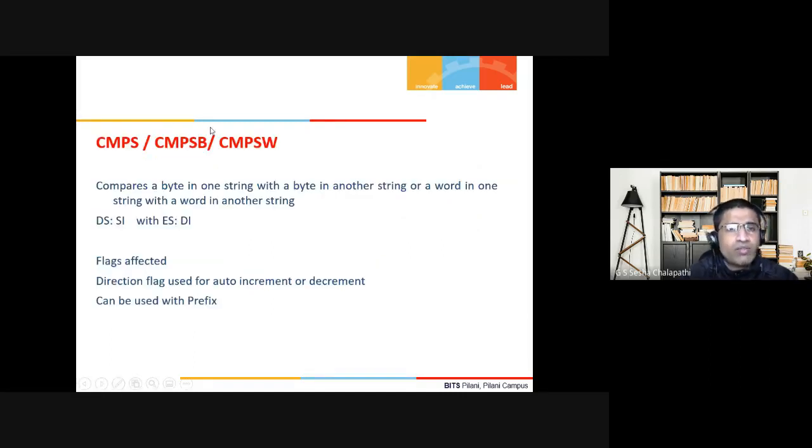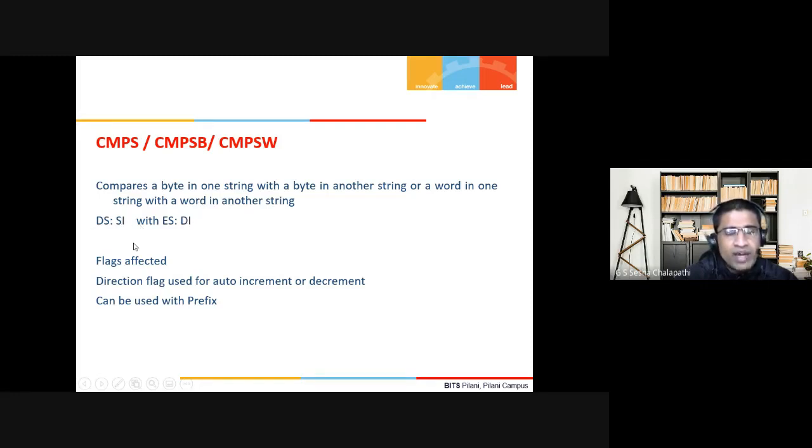On the other hand, with comparison CMPS you will compare a byte or a word in two memory locations. It compares a byte in one string with a byte in another string, or a word in one string with a word in another string. The comparison is actually between SI and DI.